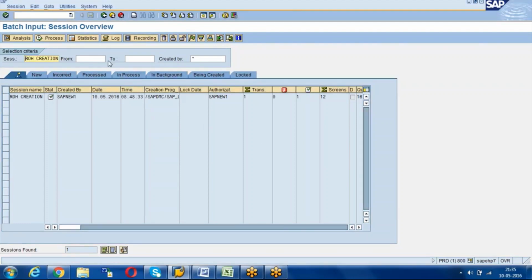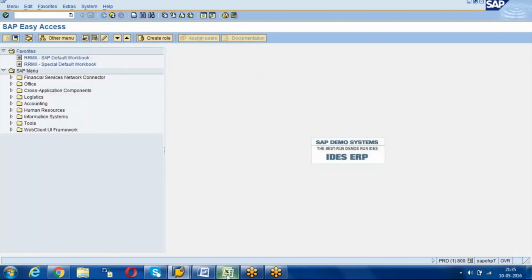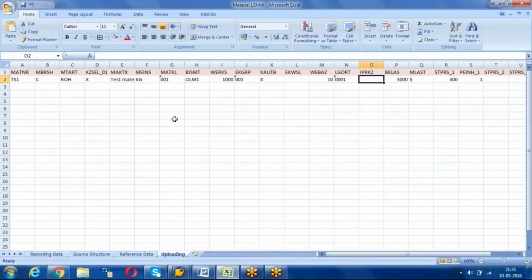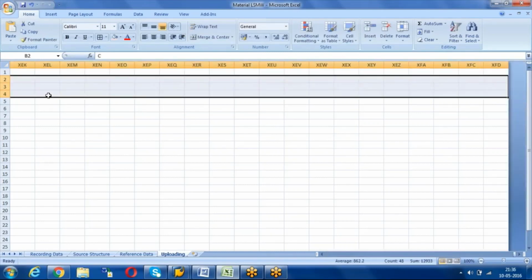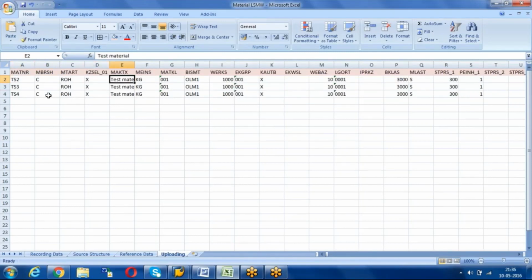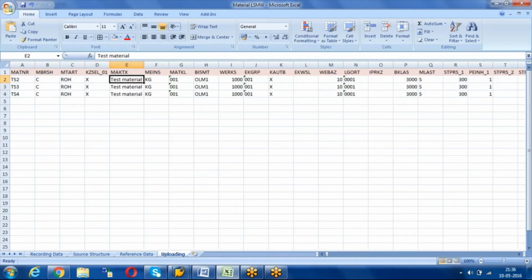Okay, now in the second option we will see the display errors. Now come back, it will be completed. For doing the second activity, what is our requirement? You have to come and enter some data like TS2, TS3, TS4, 3 materials. Remaining all data we will just copy, Control D. Okay, the description we can change if you want. Test material, or LM1, otherwise LM2, LM3,